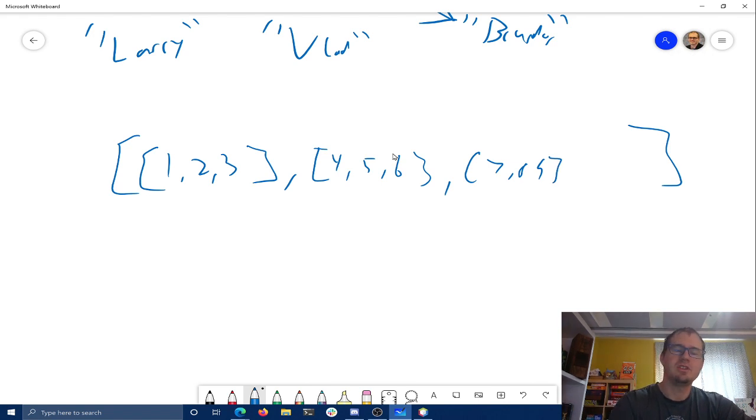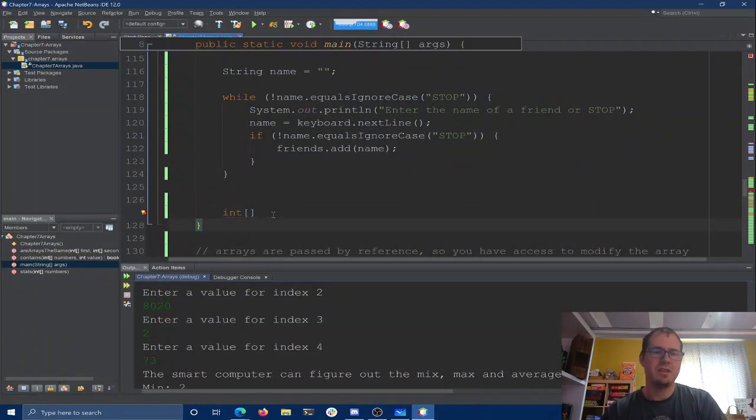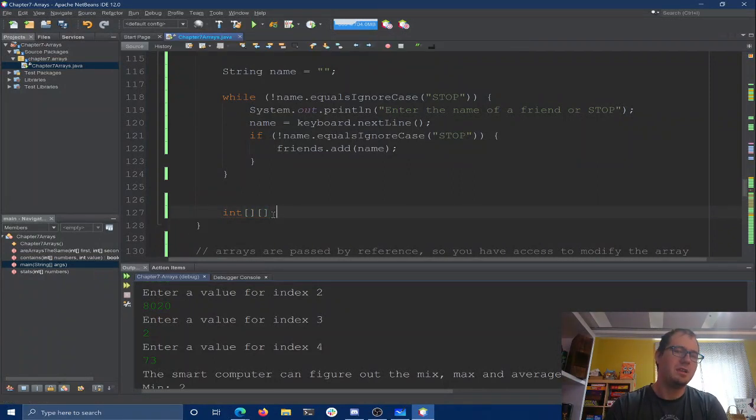Each thing here is another int array. And that's okay, because the thing that my array is storing is of the same type. They're all int arrays. So to declare that, you say int array array, and we'll call this a two-dimensional array,